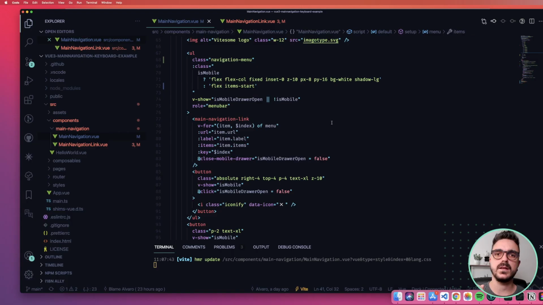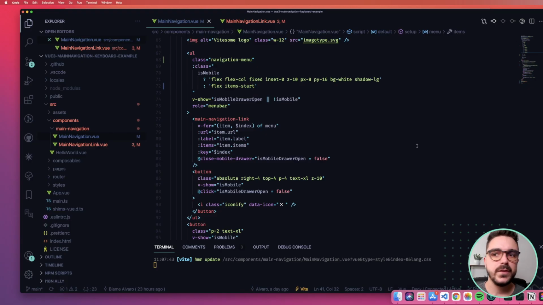That means that users can go through it with the keyboard, and we enable correct features like opening and closing the dropdowns when needed, autofocus, and using a focus trap to maintain the tab focus on the menu and go over it again. And it's really easy to do with VueUse.